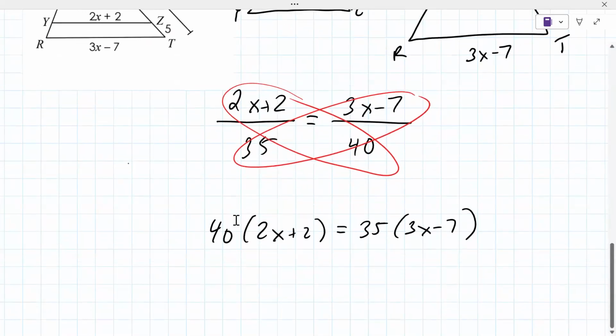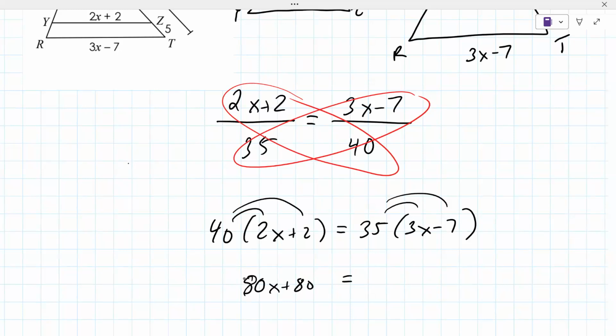So grab your calculator. We're like 40 and then 2. Go ahead and tell me what this becomes after you multiply everything, please. Okay, that would be 80x plus 80, equals